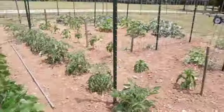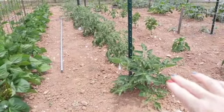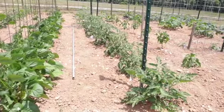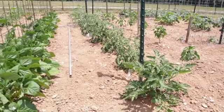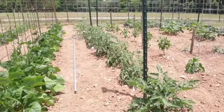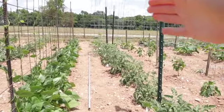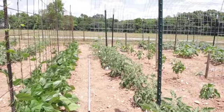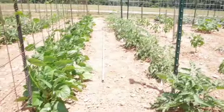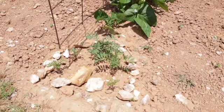And here's more tomatoes. Like I said, this first one is a Roma, which is a determinate variety, and then I have golden, an heirloom variety of golden tomatoes, and then I have a bunch of cherry tomatoes and tomatoes going down the rest, which are all indeterminate, so they'll keep growing. I've got to do some pruning,